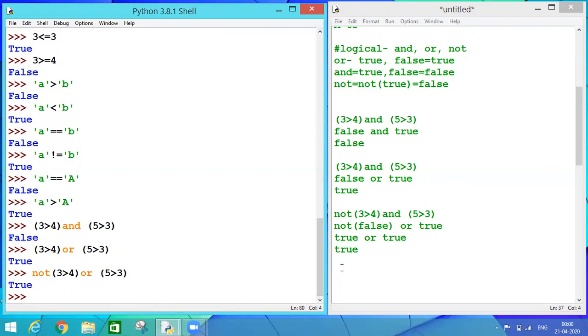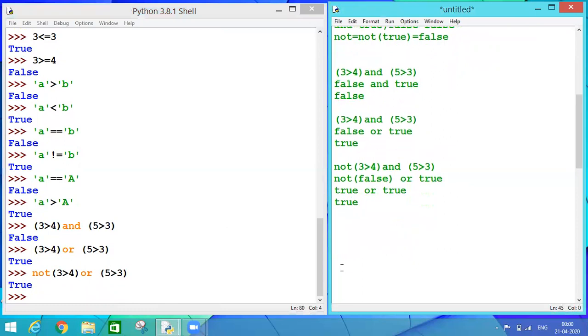Next, here also in logical operators, we follow the precedence level. So what is the precedence level? First priority goes to NOT, second priority goes to AND, and third priority goes to the OR operator.